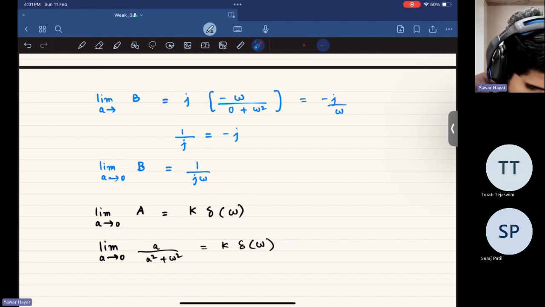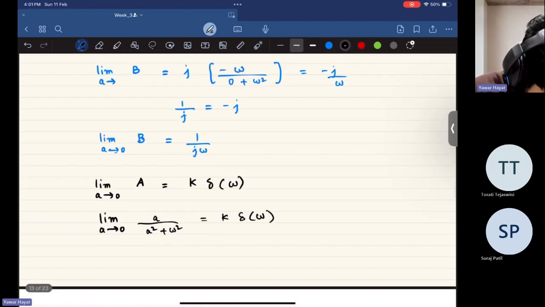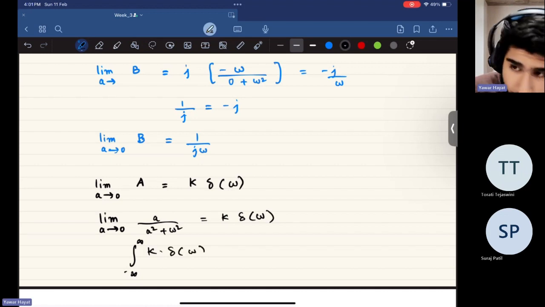Okay, let's do one thing. We'll take the integral from minus infinity to infinity. I would get minus infinity to infinity a times del of omega. That would be equal to,